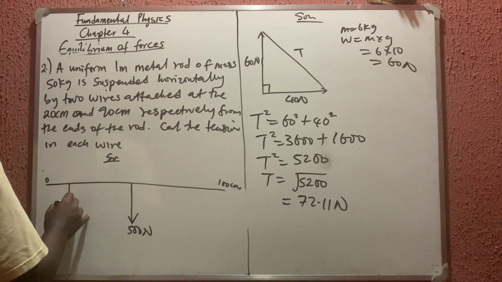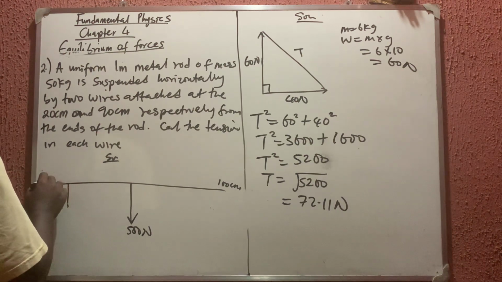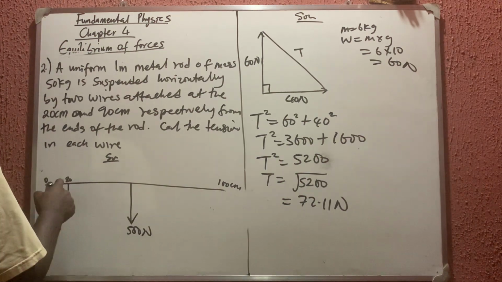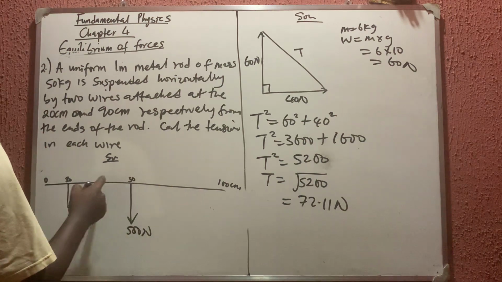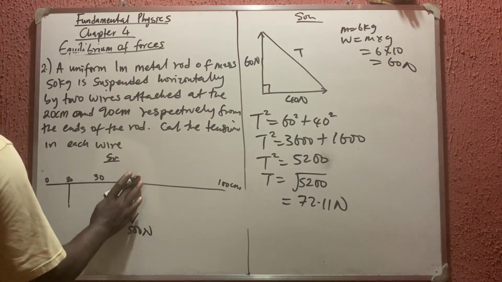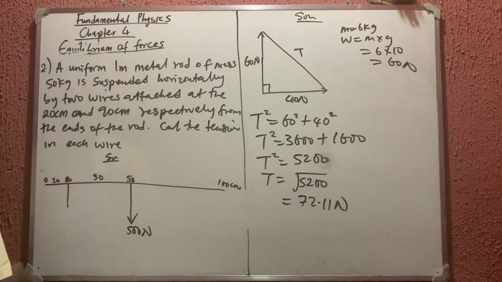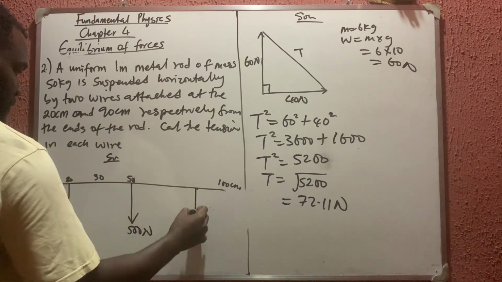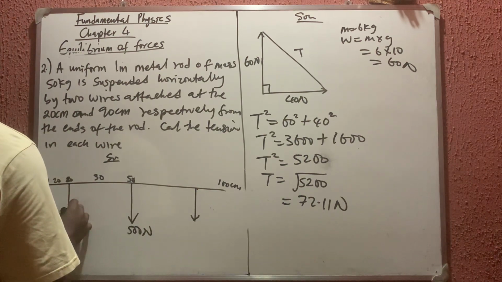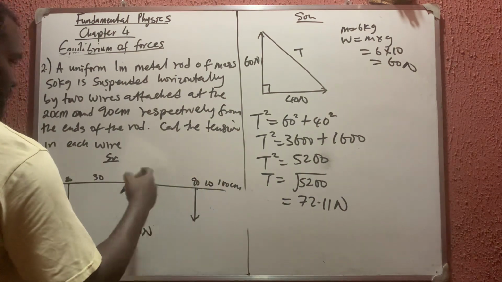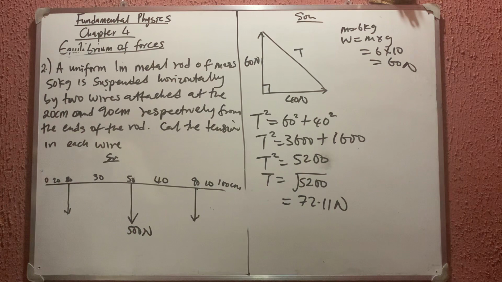The first one was attached at 20 cm. So from here to here is 20. If from here to here is 20, then from here to here will be 30. I hope you know. This is 30. Here is 50, sorry, this is the middle, 50. So here to here is 20. The other one was at 90. If here is 90, then 90 minus this here is 10. 90 minus this here is 40. So what else did they ask us to find? They now say we should calculate the